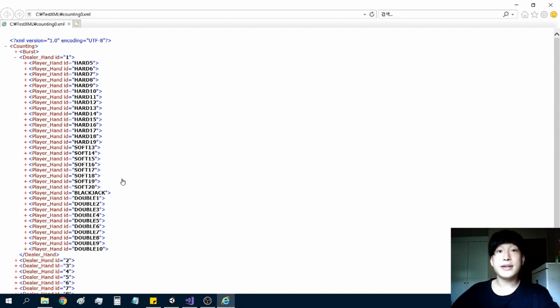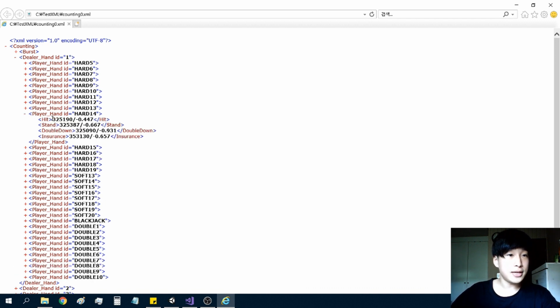of the player's first hand, from hard hand, soft hand, and double hand. And if you go into one of them, you can see each situation has its own data about these different options. So as we checked earlier, this first one is the trial numbers, and this second one is the actual winning rate